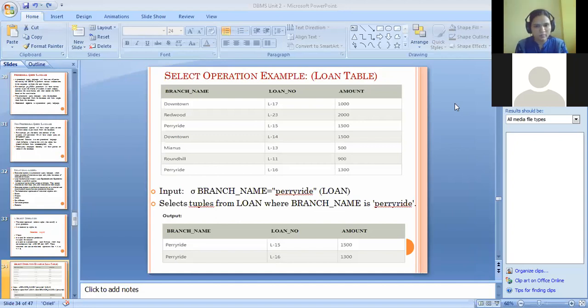Select loan number from the loan table where amount is greater than 1000. Anyone?